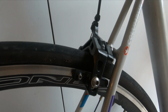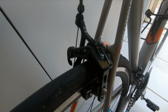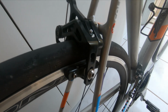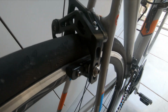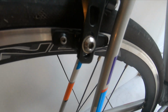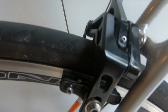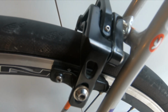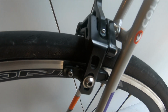The brakes. Now I believe these brakes were made in Taiwan. They're not a compact. I can't remember what the brand name is, but they weigh 219 grams, which is one of the lighter brakes. So I decided to give this a try. So far I haven't had any issues with it. The only problem I may have is that it's got some slight rust on it. See, there's rust on it there, so I'm a bit concerned about that. If it doesn't stand up to my expectation, I'll probably go back to a pair of maybe Campagnolo Super Records,